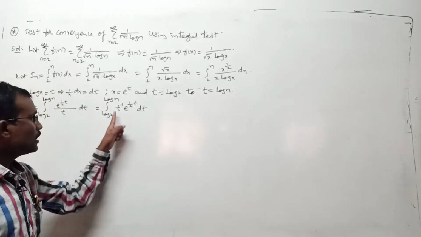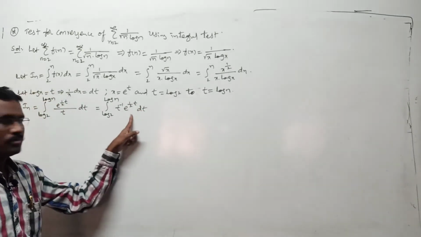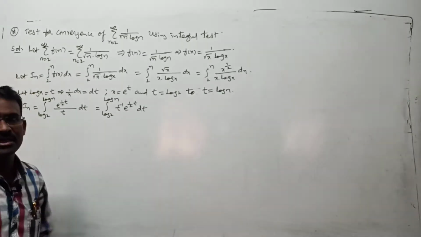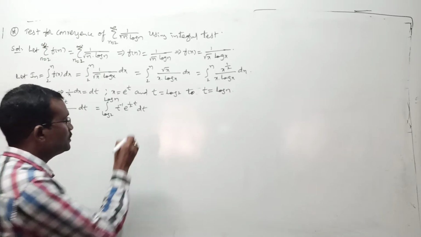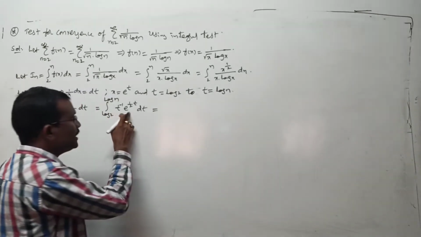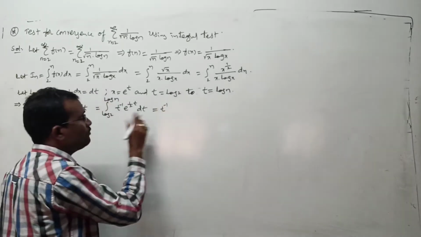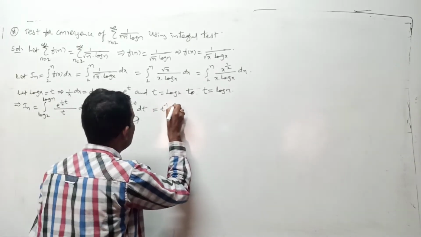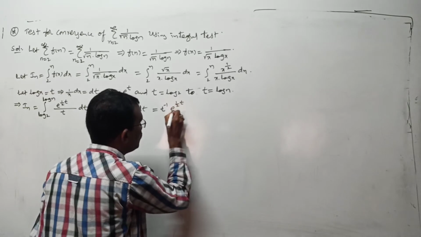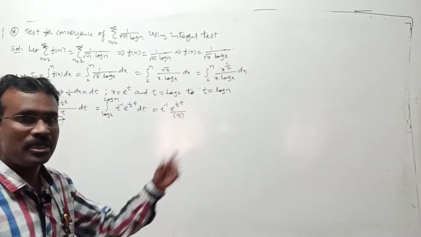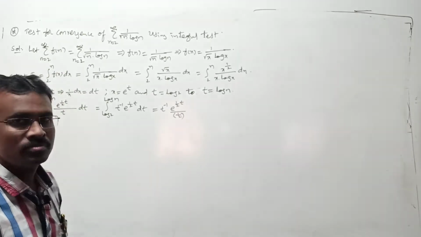Now use integration by parts, the integral of u v: u integral v minus integral of derivative of u into integral v. Those terms I am writing. This is u integral v. u means t inverse. The integral of e power 1 by 2 t is e power 1 by 2 t whole by 1 by 2, because the integral of e power a t is e power a t by a, and a is 1 by 2.